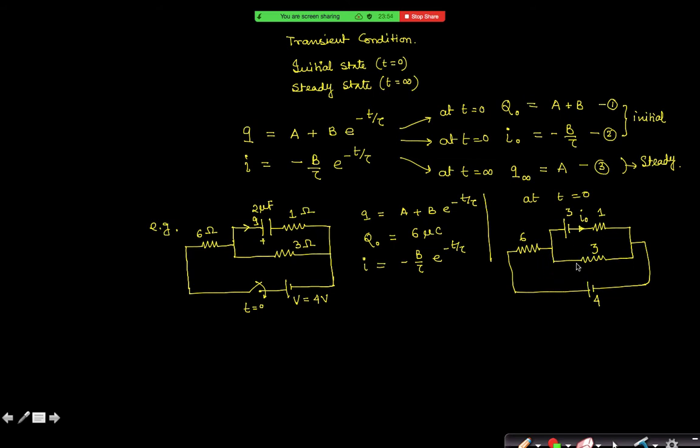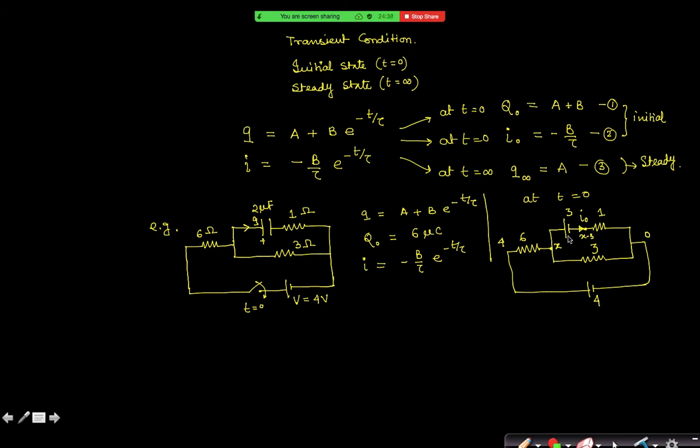You can find an equivalent circuit, or you can use nodal analysis, or superposition, anything. Sir, use nodal analysis now. Using nodal analysis, okay, let us use it. If it is 0 volt, then it is 4 volt. Let us assume it to be x volt, then it will be x minus 3 volt, right? So at this point, any point, let us assume at this point the total current is 0.